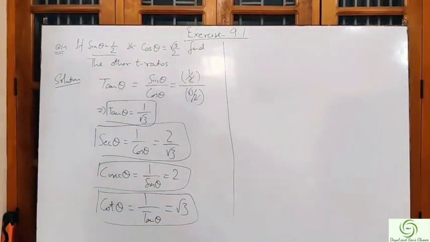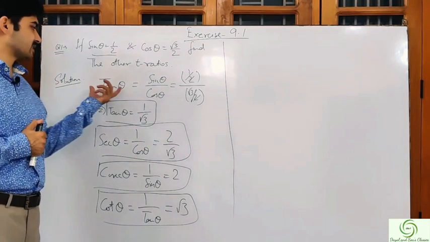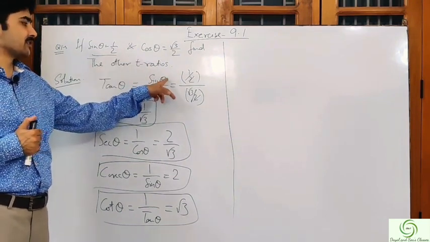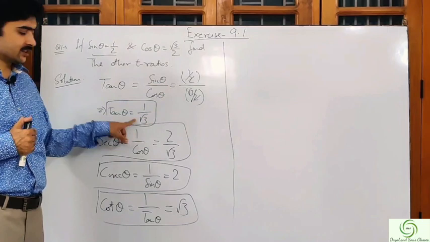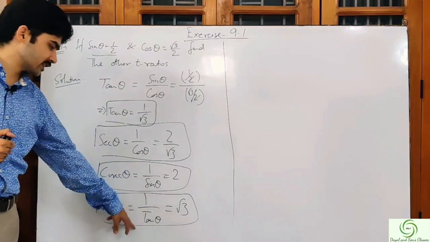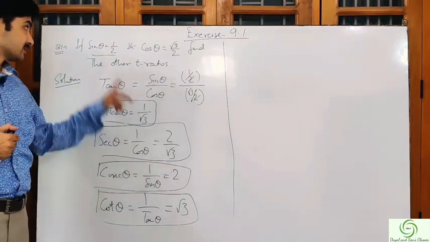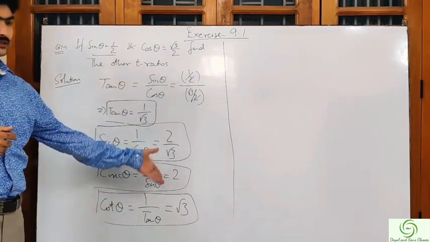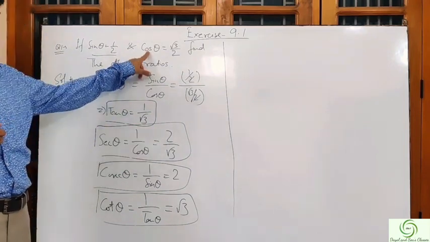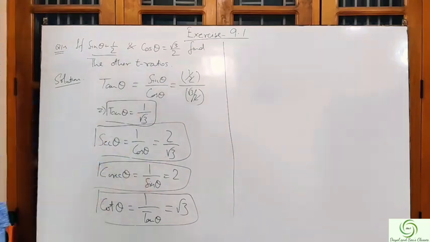So this is the solution for our first question. In this question we were given sin theta and cos theta, and we know the relationship between tan theta and sin theta and cos theta, that is tan theta is equal to sin theta upon cos theta. We substitute the values of sin theta and cos theta and we get 1 upon root 3. And we know that cot theta is the inverse of tan theta, that is 1 upon tan theta, that will give me root 3. Cosec theta we know is the reciprocal of sin theta. Sin theta is half, so the reciprocal of sin theta will be 2. Similarly sec theta is the reciprocal of cos theta, that means when cos theta is root 3 by 2, then 1 upon cos theta will be 2 upon root 3. So sec theta is equal to 2 upon root 3.